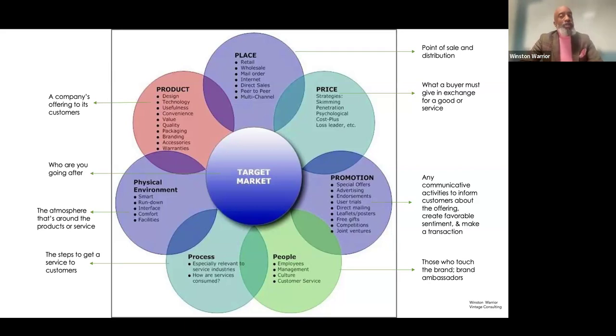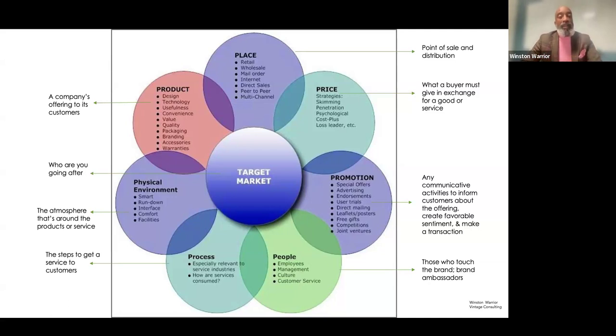The physical environment. You ever walk into an Apple store? And when you walk in that store, what do you see? What do you feel? What's the vibe you get? What do you physically see? If you think about that, that is a representation of what Apple is. And so therefore, you use that as a way to market. You know it's going to be white, it's going to be clean, it's going to be kind of pure. It's almost like you walk into heaven sometimes. You're in an Apple store versus if you walk into a different type of store, you know where you are, the physical environment.